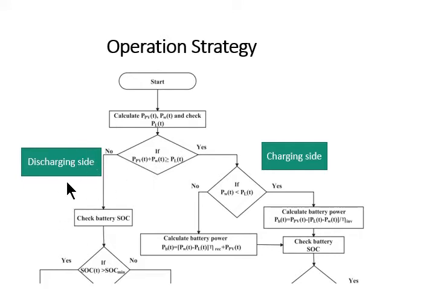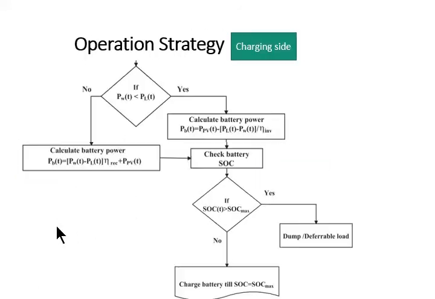Either you may be taking power from the batteries, discharging the batteries, or you will be running the DGs, because your renewable power is deficient compared to load, so you have to meet the load. Either you will be starting the biomass, or you will be taking energy from the grid if you are grid connected. In offline, standalone mode, you may be operating the DGs or starting the biomass, whatever extra resources you have available. So let's discuss the charging side.